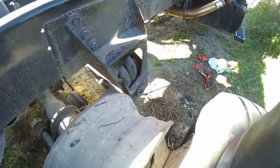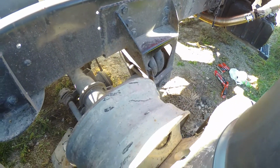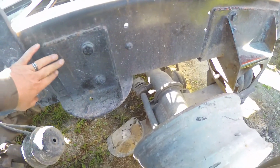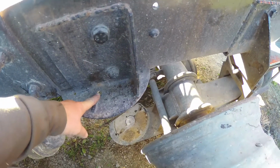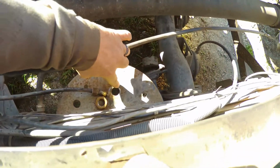That is the smaller airbags that lift the whole thing up when they're pressurized and hold it up when you're running down the road when you don't need it. This mount added to the frame here is the upper mount. So the stud that I showed you on the top of that other airbag goes here, and then here's where